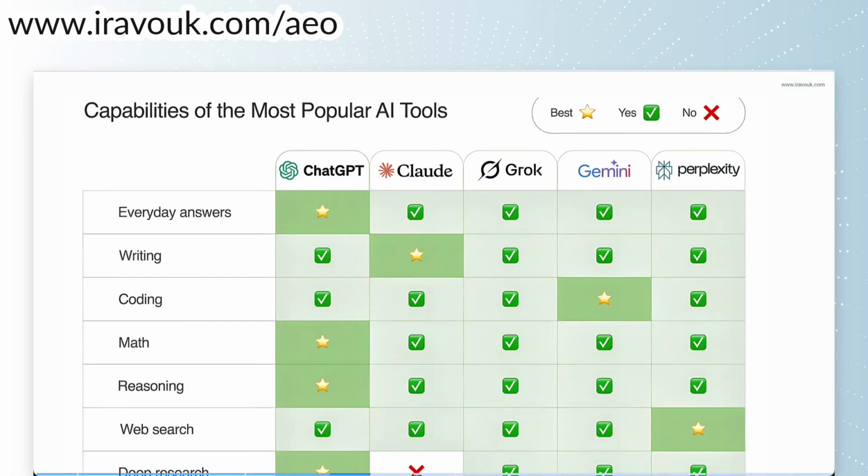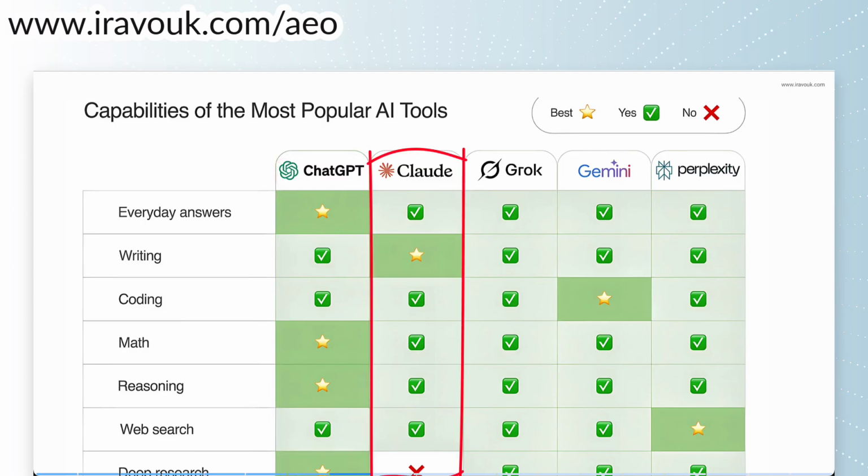First of all, let's quickly review what AI platforms exist and what big players you need to know about. On the screen, you see the comparison of the most popular AI platforms and their functionalities as of today. I repeat, as of today, because things change fast, as we've established. ChatGPT by OpenAI, the first mainstream chatbot. I personally use it the most. It can do many things, and in the agent mode, it now browses the web and can even make a booking on your behalf. We'll review that in more detail later.